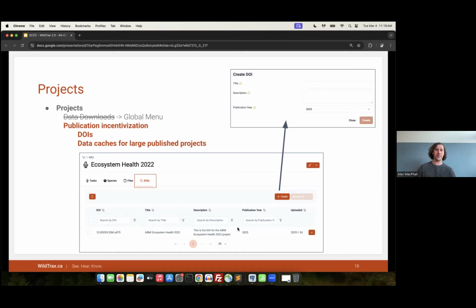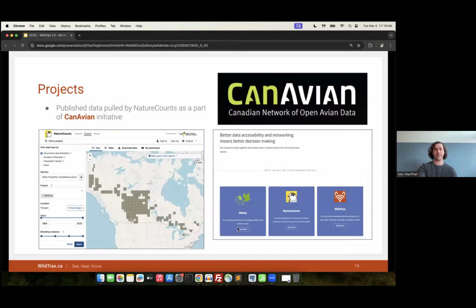And so we want to provide better ways of accessing the data quickly, especially for folks who are doing large analyses or have to bring lots of projects together. We want to increase the performance there. And so some of this will help to contribute to that into the future.